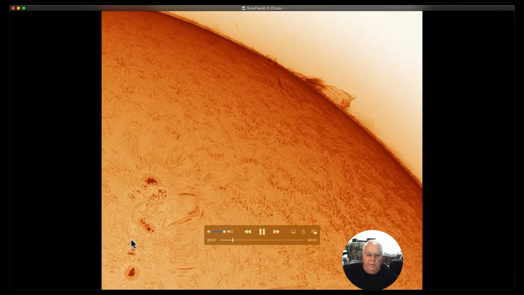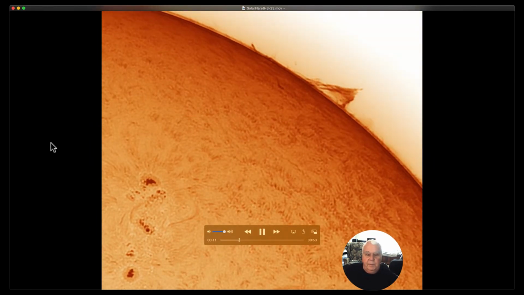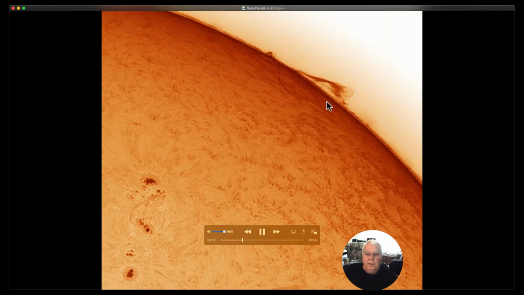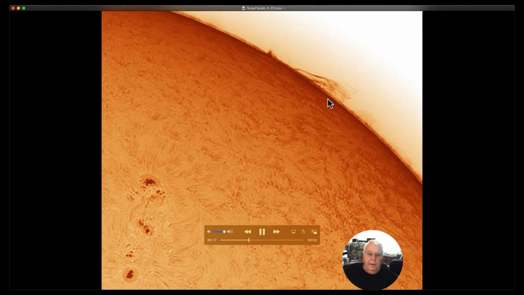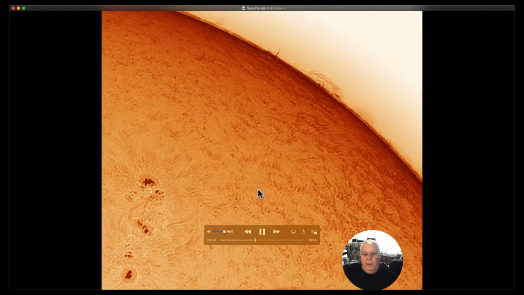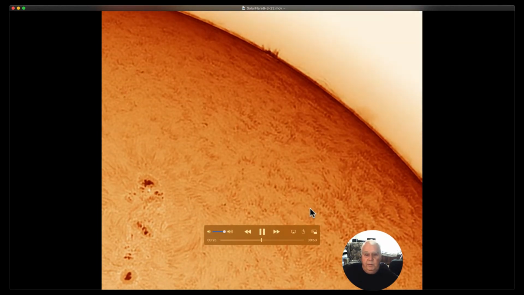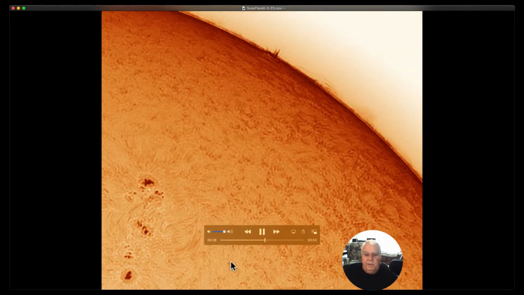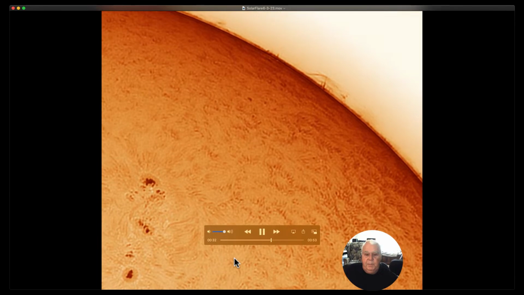Really, some cool stuff was going on down in the bottom left corner. At first, all I was watching was the activity on the rim, and I wasn't paying much attention. But if you pay attention to the photosphere and see all the cool movement with the plasma, that just blows my mind that I can sit in my backyard in